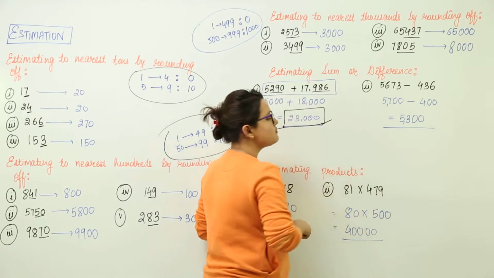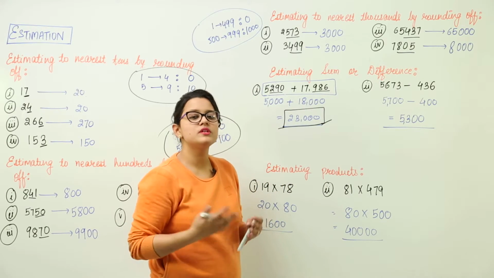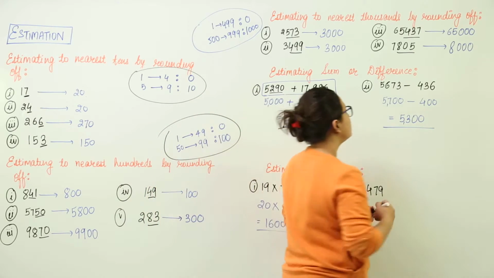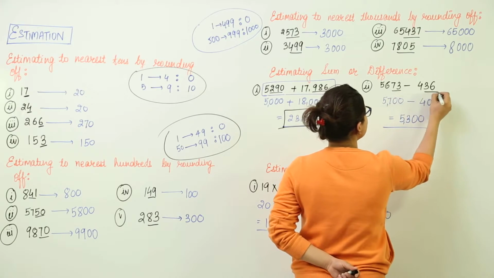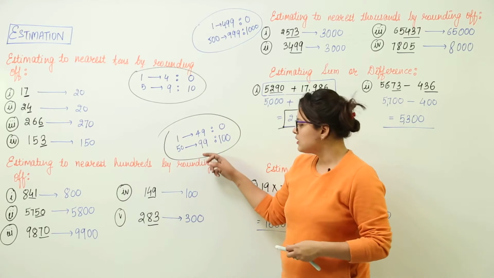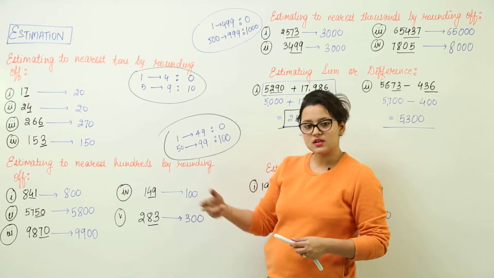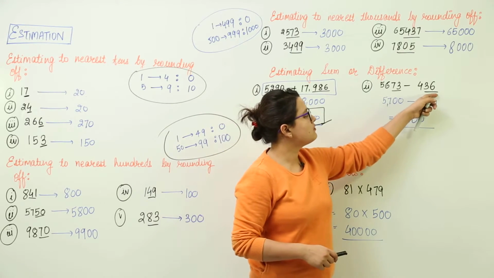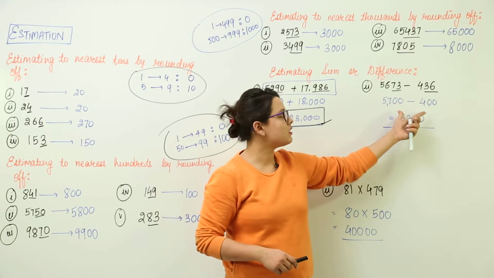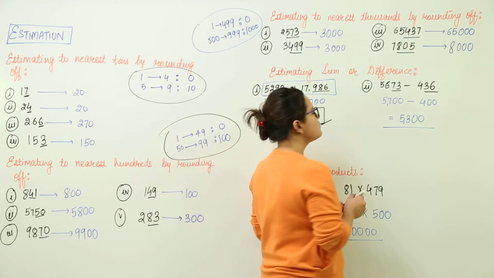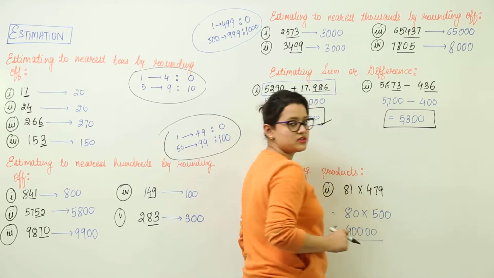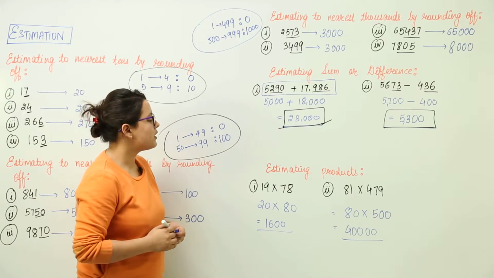Next we have this. Here we have done the estimation to the nearest 100. It depends on you, it's your choice which out of all the estimations you want to do. Here I am doing the estimation to the nearest hundreds. So we have considered the last two digits. Here is 73. 73 is lying in the next one. So here we rounded off to the next hundreds, that is 5700. Here we have 36, which can be made 00. So we have done the rounding off of both the numbers. Now when you subtract them directly, you will get the answer 5300, which is a very close answer to the actual answer when you do the subtraction.